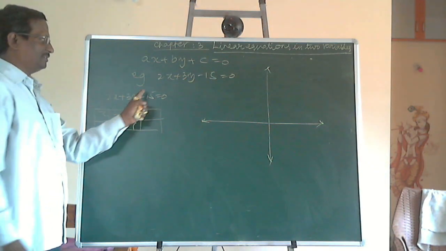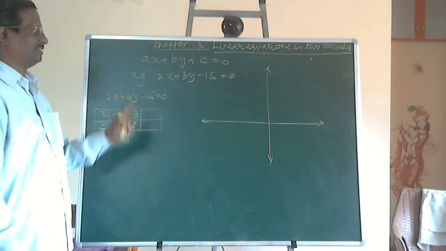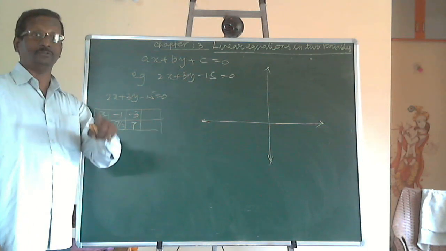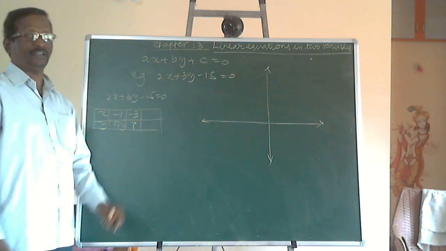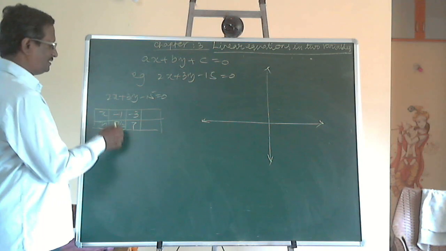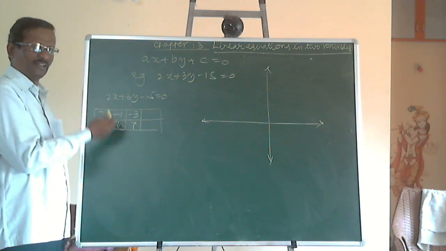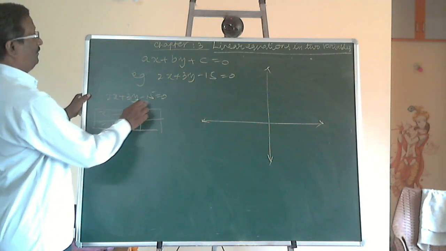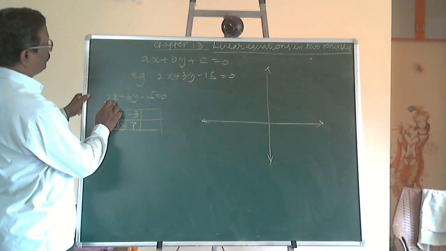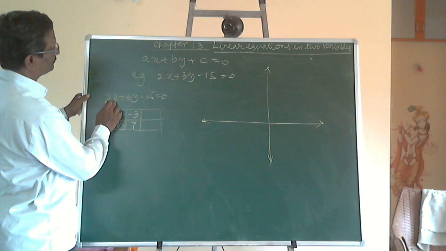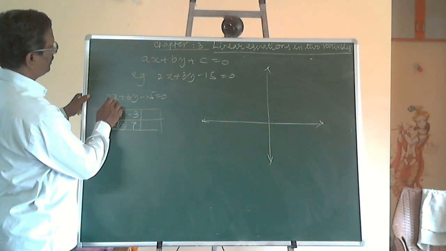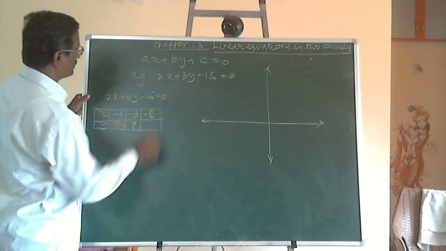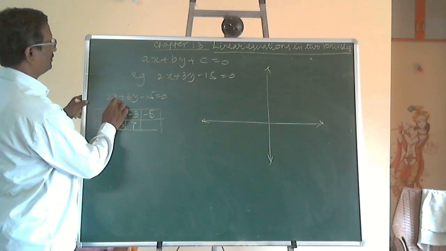In representing this linear equation on the graph, see that when the x value is an integer, the corresponding y value is also an integer, so that it is easy to represent. In case any fraction comes, let us not consider it. For multiples of 3, x is equal to, let us give minus 5, 10.